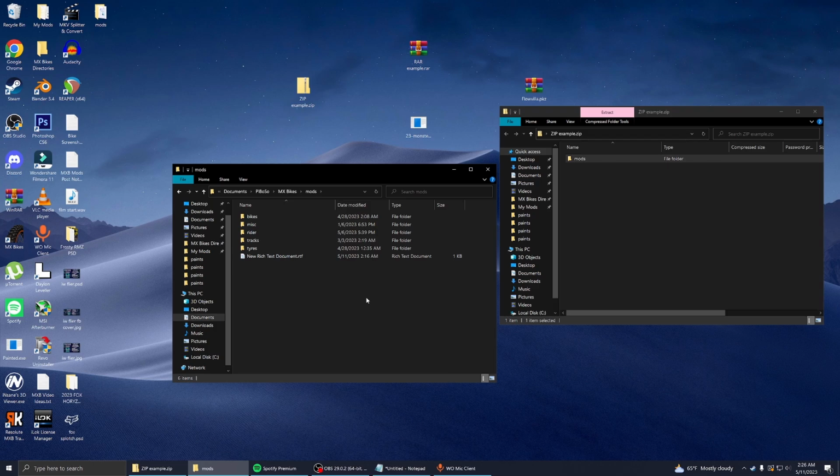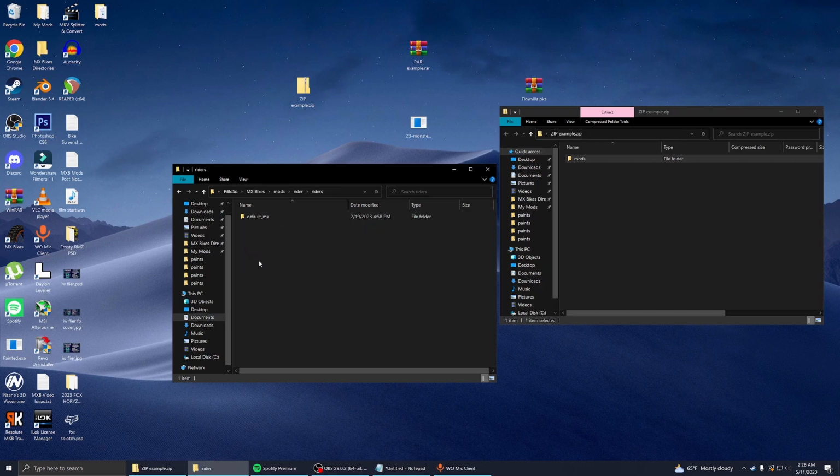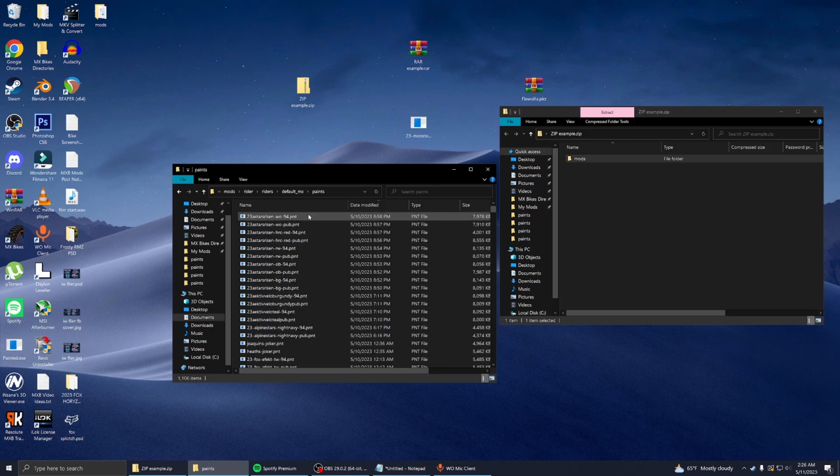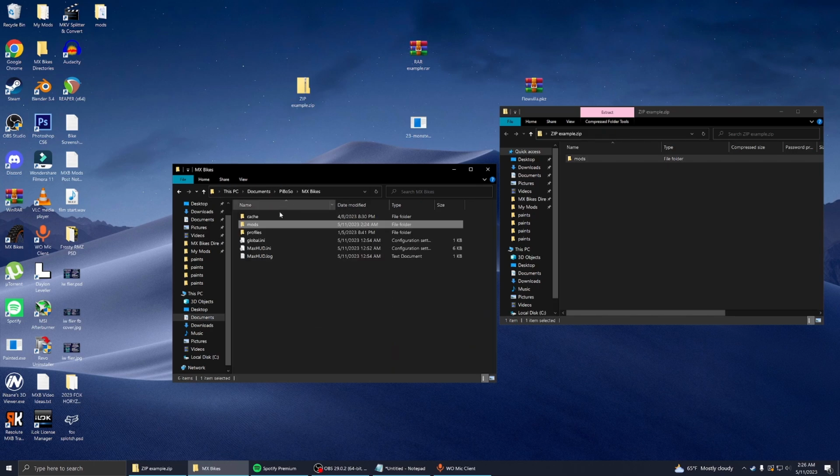So if you downloaded a bundle of rider paints and it didn't have this kind of format, then your rider gear would go to MX Bikes, Mods, Riders, Default MX, Paints, and then they go in here. All right.